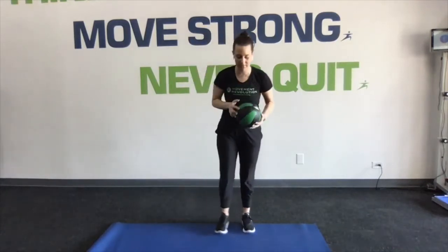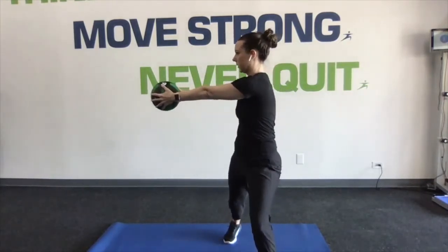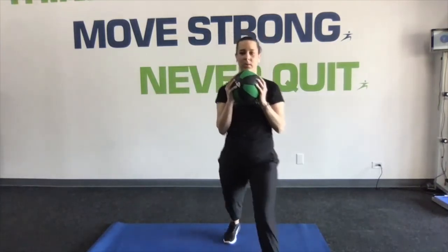And 5, good. We're going left side, okay? Left side forward, rotating to the right. Ready? Lunge, push out, rotate, in, together. Good, 1,